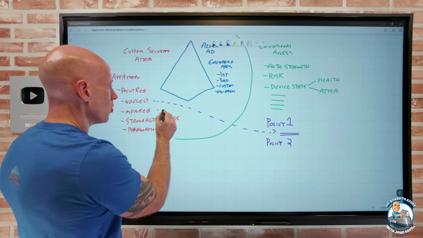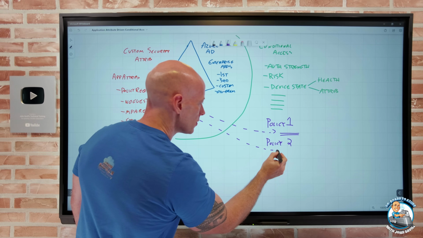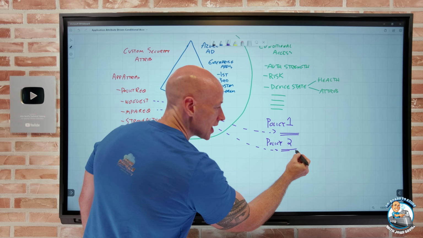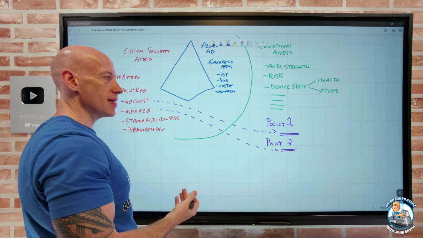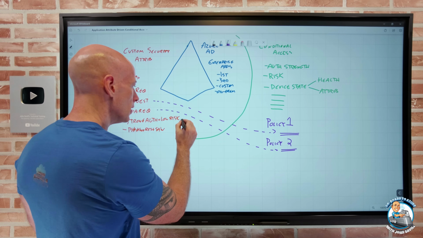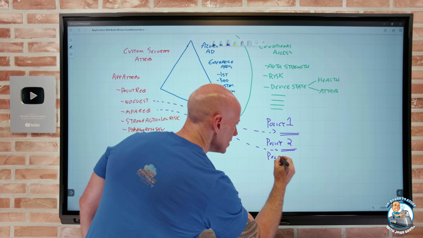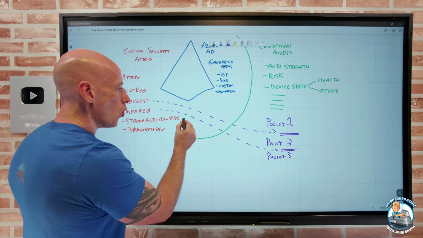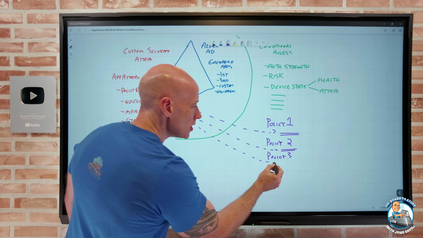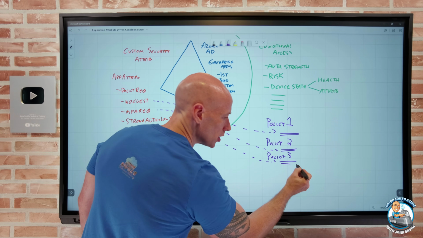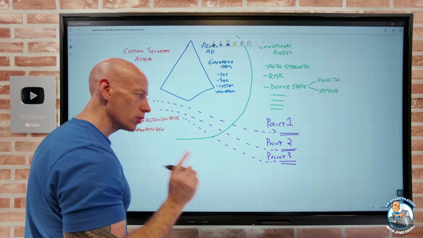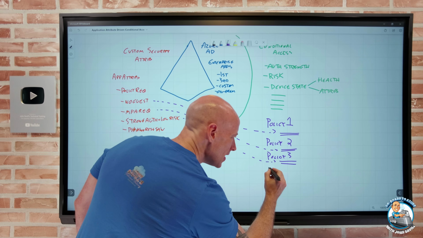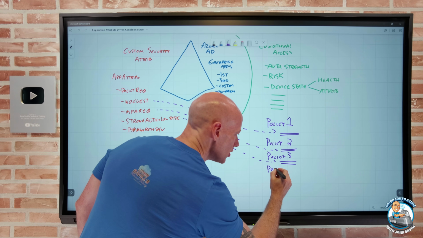Well, this will be based on a value of MFA required, and would drive an authentication strength to allow access if it's that attribute. Now, policy 3. The only reason I'm going to show policy 3 is that it's strong auth and low risk. So this would require strong authentication, but also what we'll do here is this idea of a policy 3